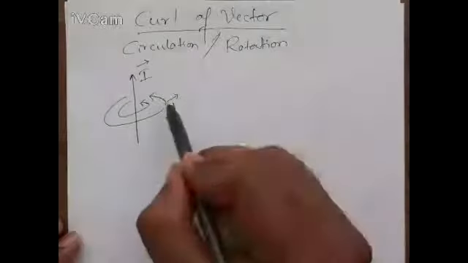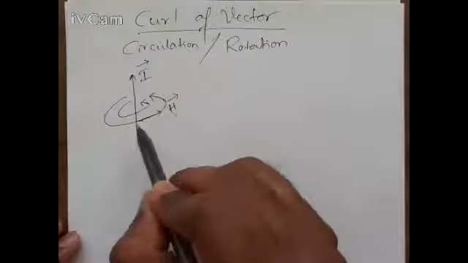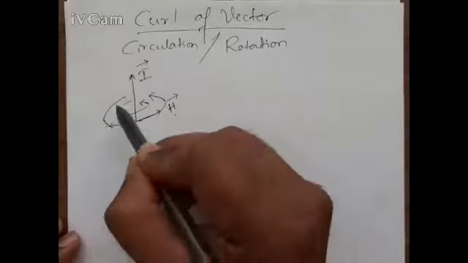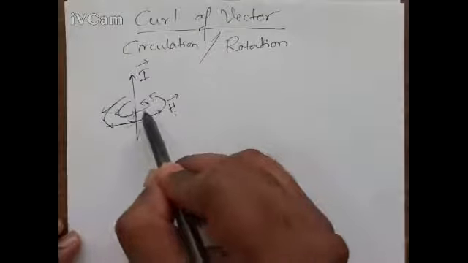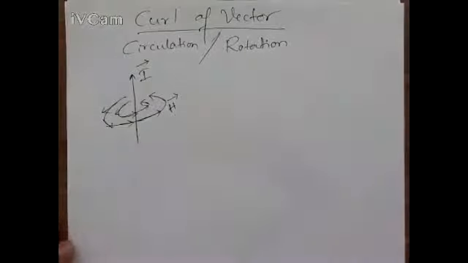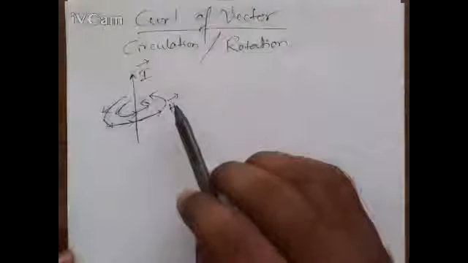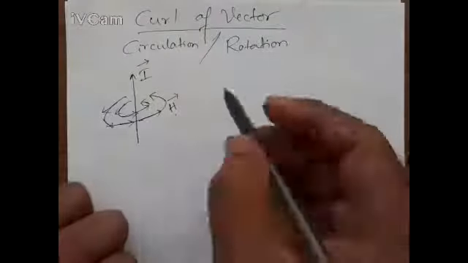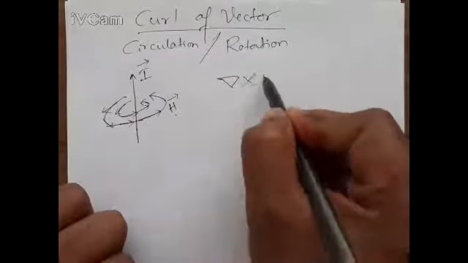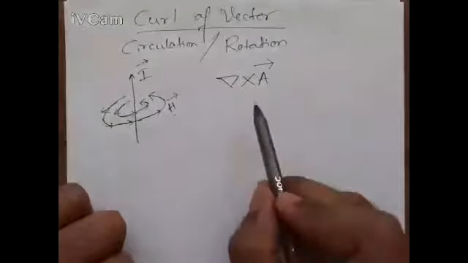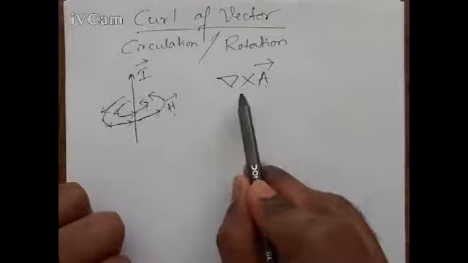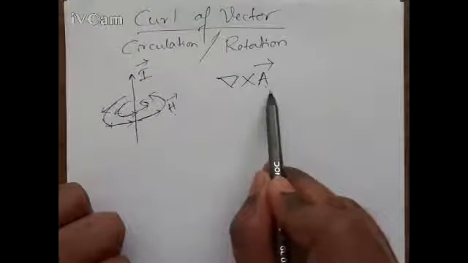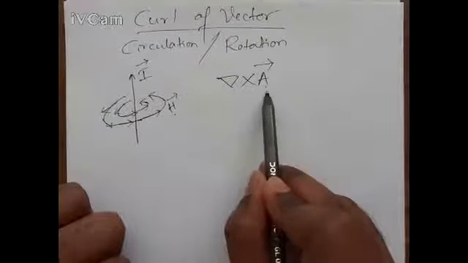These are vectors. These all are circulation in the form of a vector, which is changing at every point, right? The symbol for that is del cross A or del cross H, whichever vector you are going to take, that we have to write here. It is del cross H. It's a cross product between this operator and the vector.